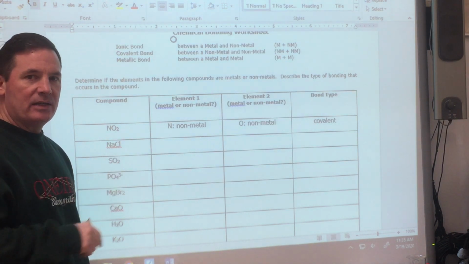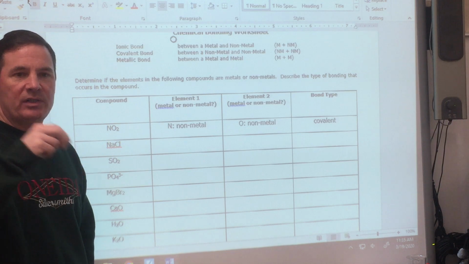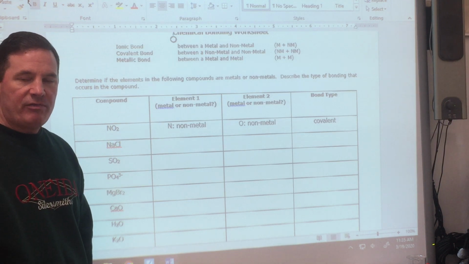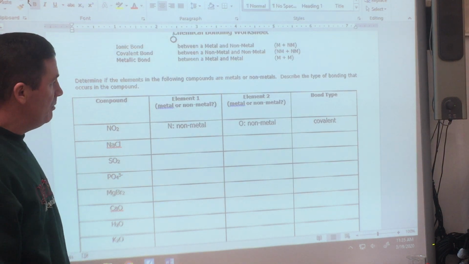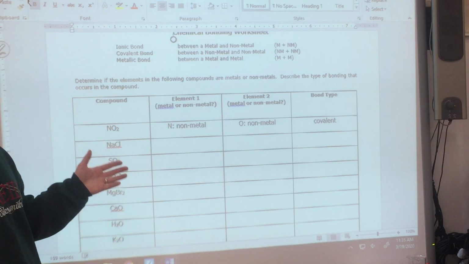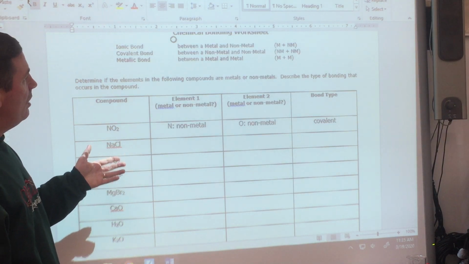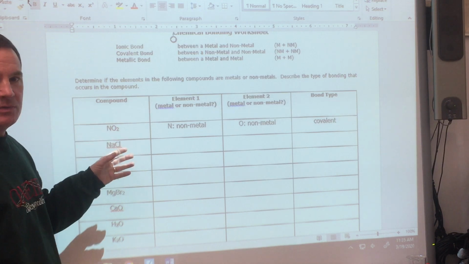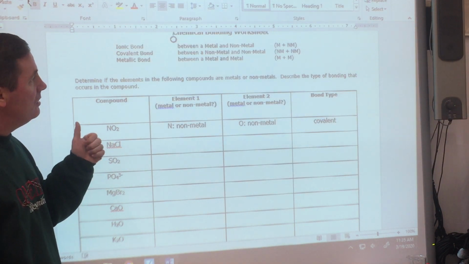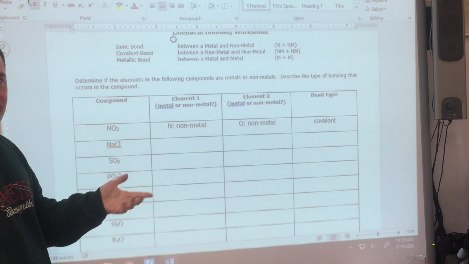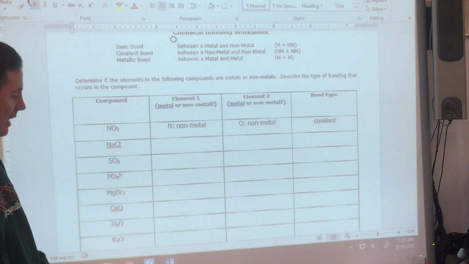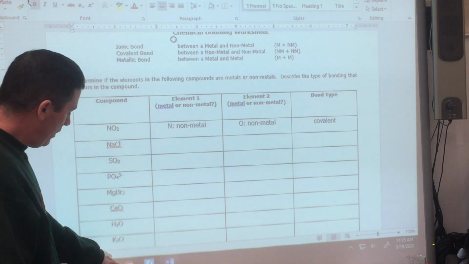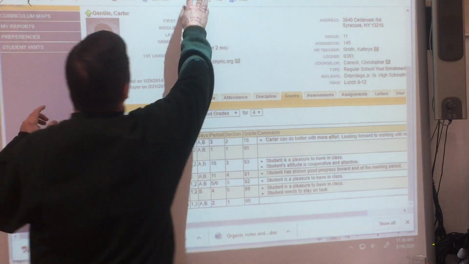We just learned about ionization energy. How difficult is it to take an electron off of an atom? But this is a more simplified version, and it will work. So all you have to do is identify whether the substance or substances are metals or nonmetals. That's it. And we know how to do that, I believe, because we've already seen the